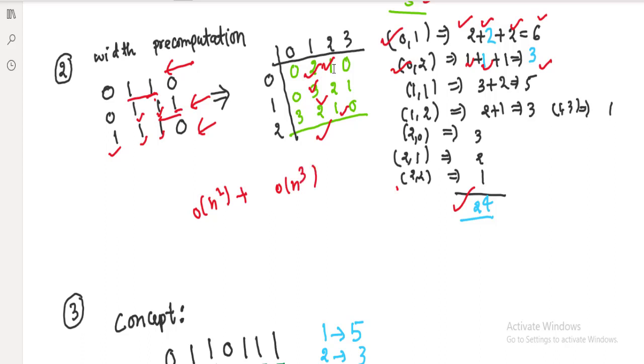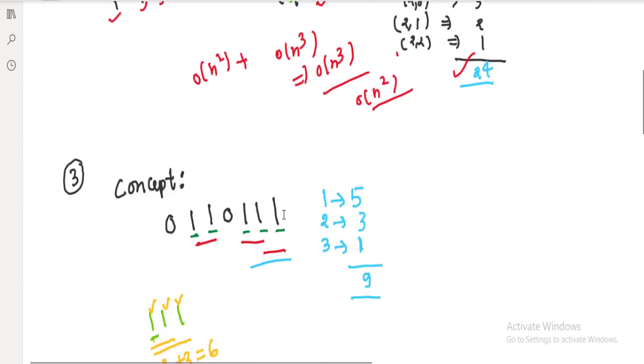So the total time complexity would be order of n cube, and we can update the original matrix, so maybe we don't have to take extra space. If we are not allowed to update it, we need to take extra space also. In that case our space complexity would be n square, and time complexity will be n cube. Okay, now let's see another approach.